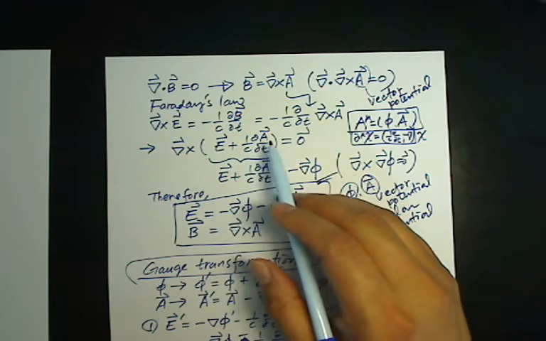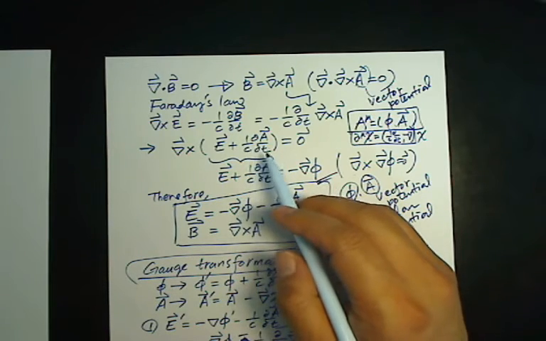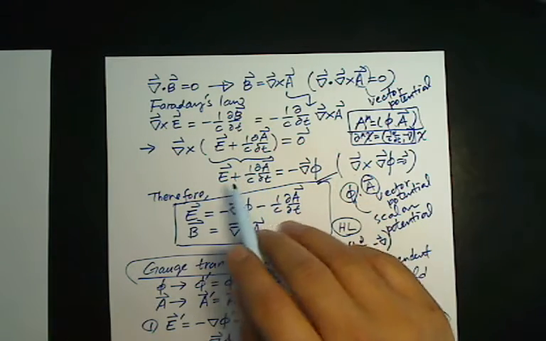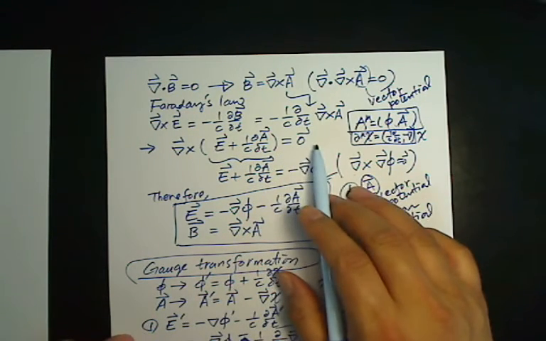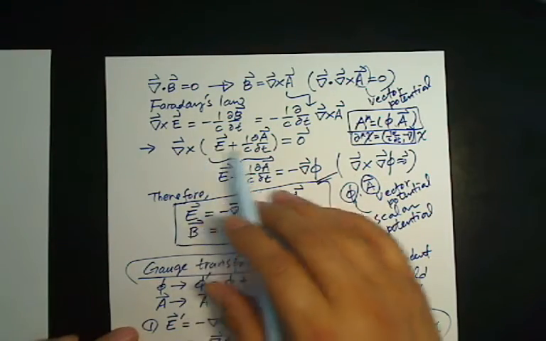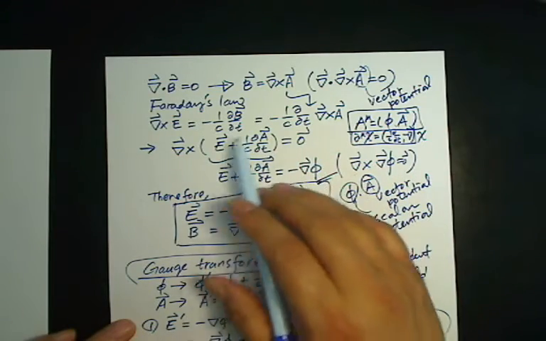plus 1 over c times the partial time derivative of the vector potential, is equal to 0. But we know that any curl function equals 0. Alright, so